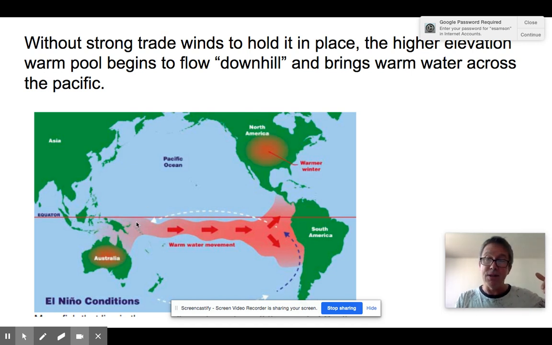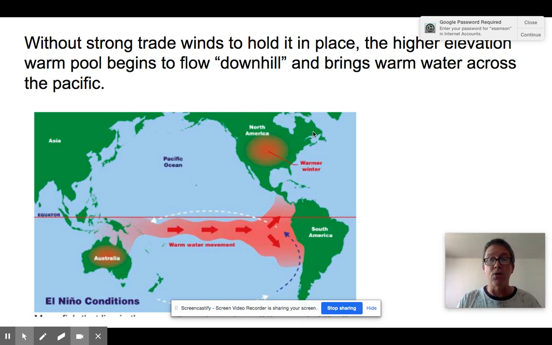Well, you take away this trade wind, you weaken these trade winds by moving the low pressure from here to here. And now you get winds that are blowing this way, and all this warm water that piled up here is going to move back across the ocean. Where I normally have all this warm water off of South America, we now have all this warm water. Now we're going to get all this rain happening over here, and it ends up causing changes in Australia, the Americas, Asia, everywhere.